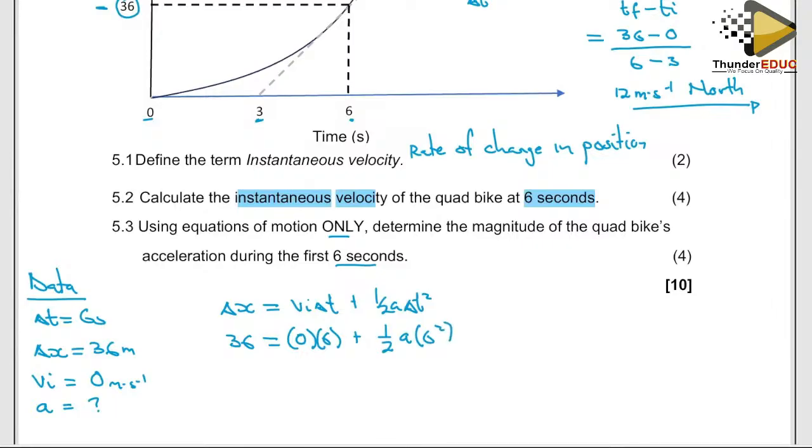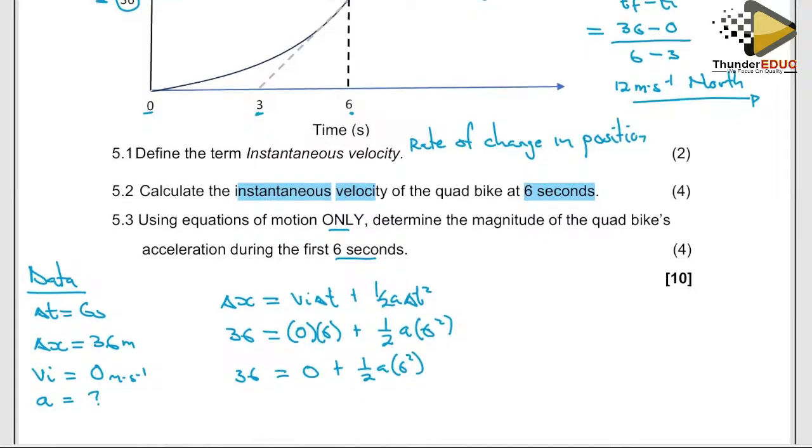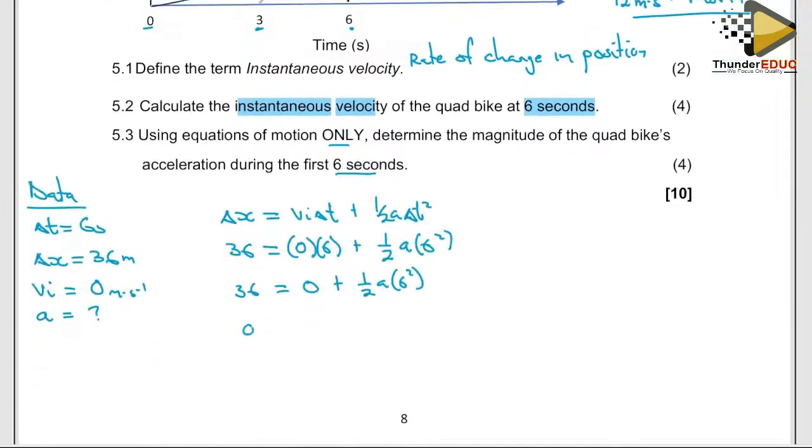So 36 equals 0 plus half a 6 squared. If I do my math correctly, to make a the subject of the formula,